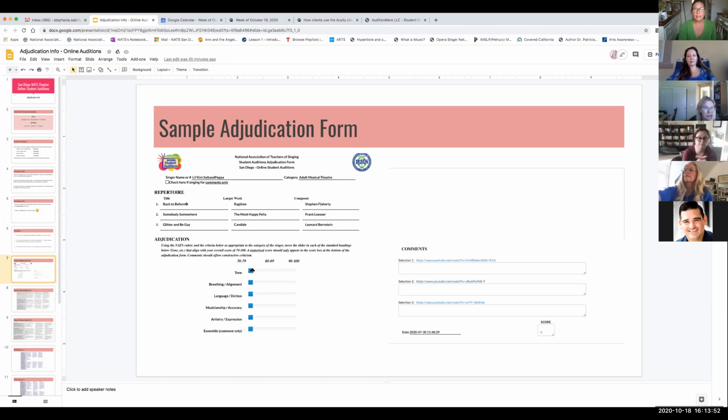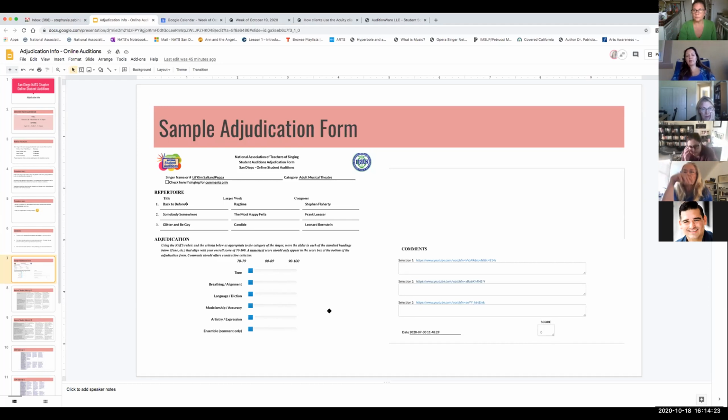These little guys will be able to slide. It's pretty cool. You can start sliding things around for each song. In here is where you'll put your comments. This is what it will look like, and the score will be here. Jennifer, remind me, will they need to tally it or is Audition Ware tallying it? You just put in one score for each.